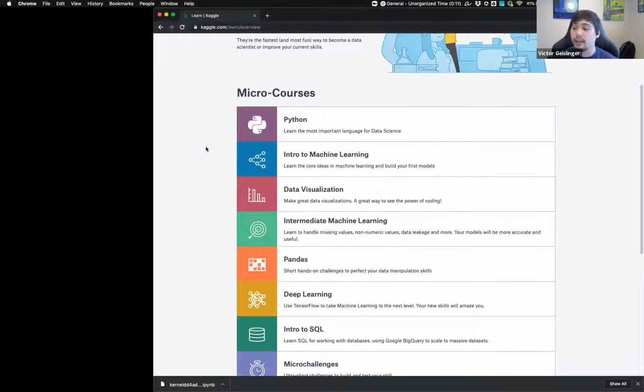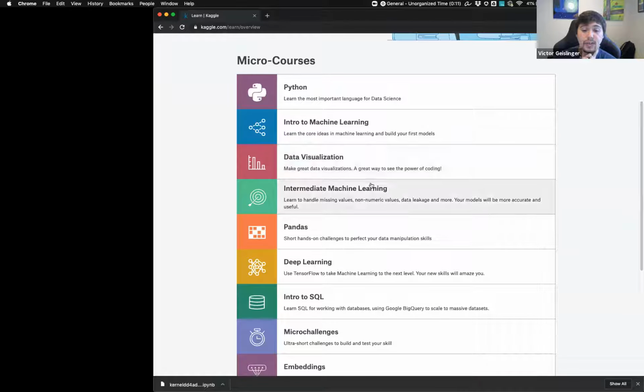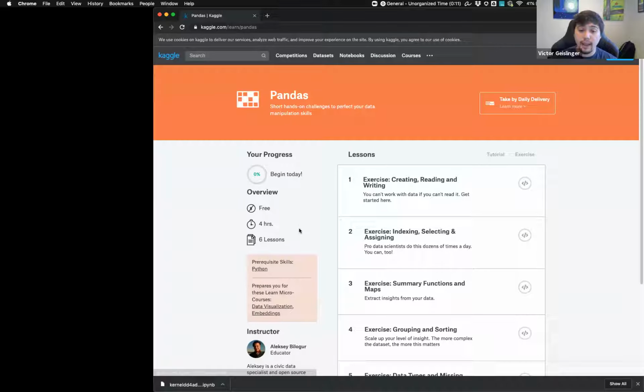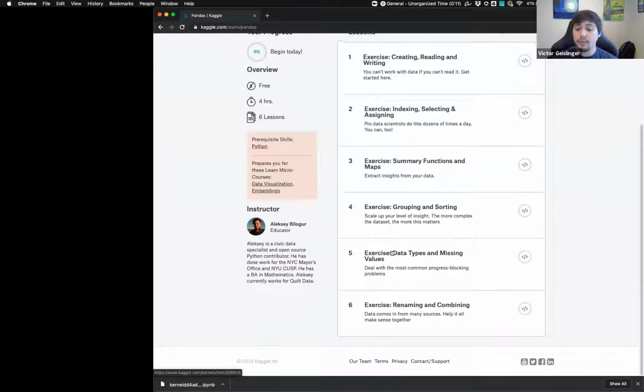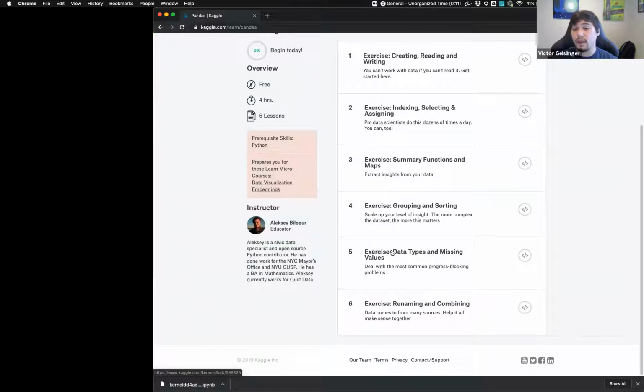Kaggle.com/learn. You'll see there's a bunch of little things going through. Some of the stuff that we haven't gone over, like even SQL, but deep learning we'll talk about later on, machine learning. So we're actually going to do the pandas part. And so pandas, this should cover pretty much everything that would have gone through sections 1 through 4,